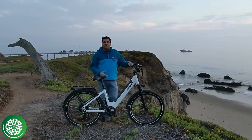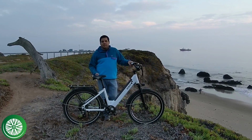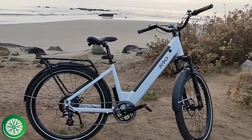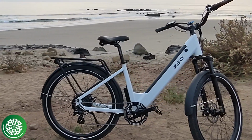So I want to give you my final thoughts on the KBO Breeze. We went through the specs of this e-bike. By the way, we also have a first impressions video that I did. So after riding it for about 25 miles, I gave you my first impressions. I think overall, after having ridden this bike a little bit more, there are things that I definitely like